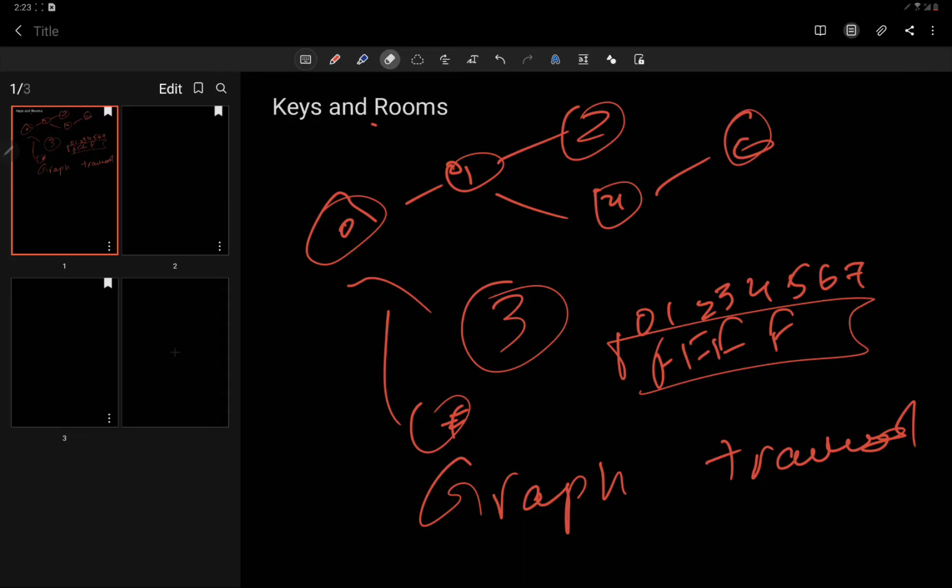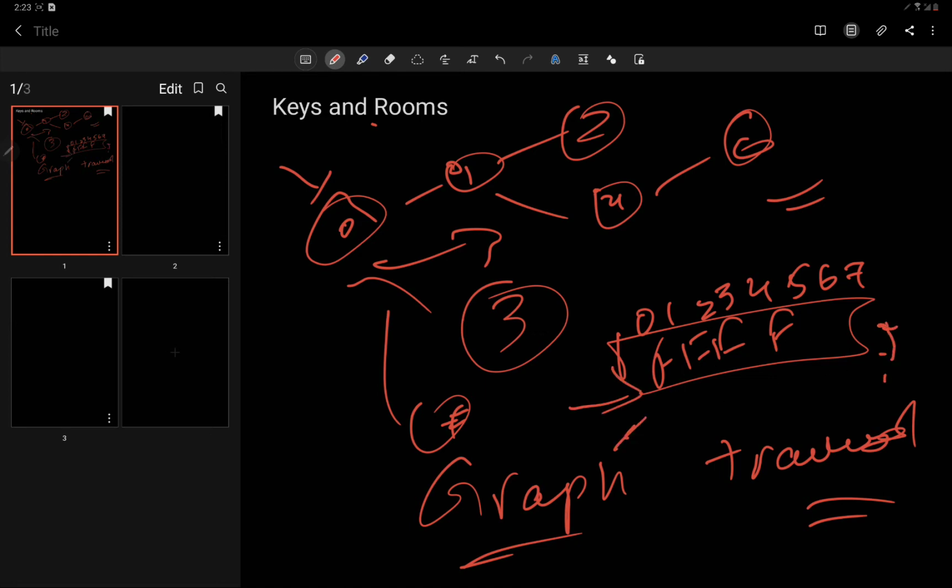So this will be our graph. I've changed it a bit for simplicity. What we're going to use is any graph traversal algorithm, because starting from one point, if we traverse the whole graph and see that all the nodes are traversed, that is, their boolean array value is true, then we will return true, alright.